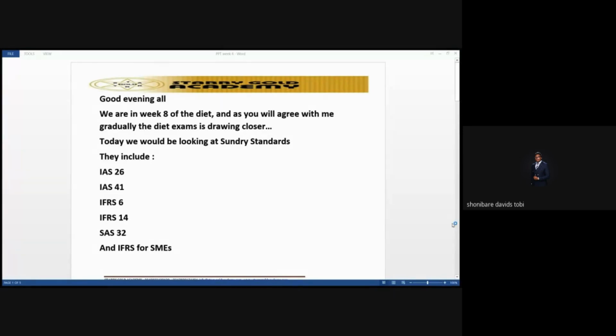So it made me go in depth and explain how we can actually use capital structure theory, even in understanding mergers and acquisitions. As a matter of fact, that particular diet, ICAN tested a merger and acquisition question that needed you to use Modigliani and Miller to value that particular firm.